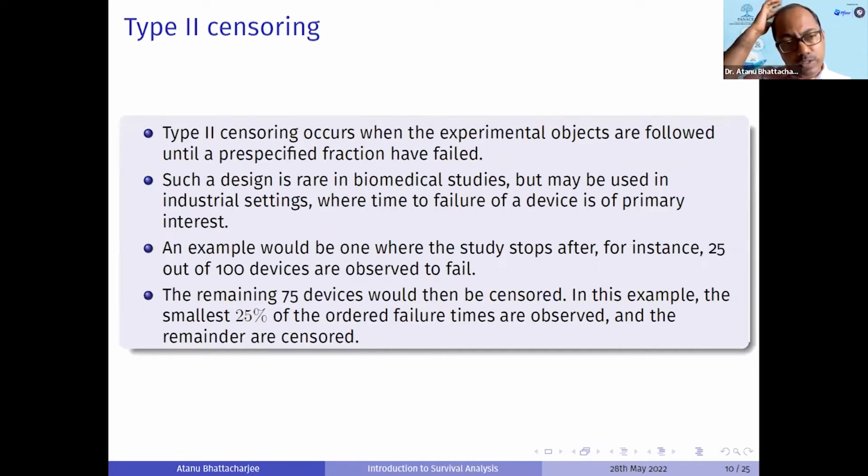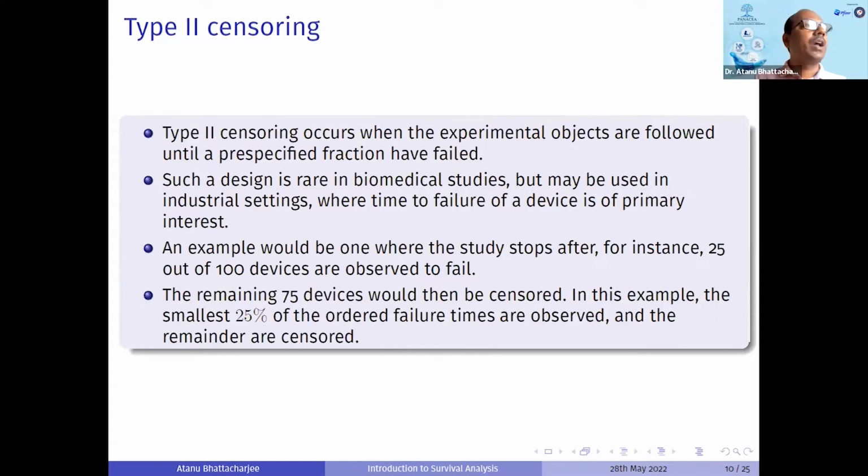Let's say type 2 censoring. Type 2 censoring occurs when the experimental objects are followed until a pre-specified fraction has failed. Such a design is rare in biomedical studies, but may be used in an industrial setting where the time to failure of a device is primarily of interest. So, for example, say we started with this